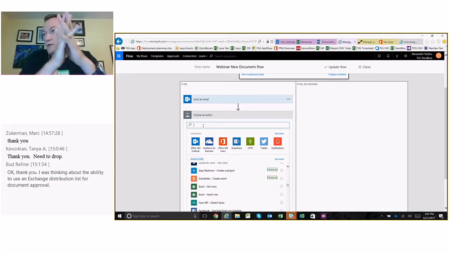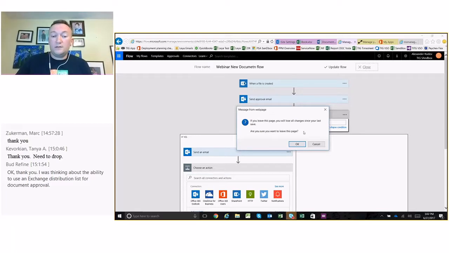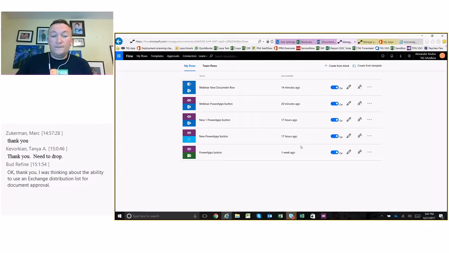Yeah, you can. I was thinking to use Exchange distribution list for document approval. You can definitely use that in the flow. And you can use the parameters and variables, like all kinds of things. And I'm not using any code to build it, right? So it's just running as I'm asking this. All right, so that's